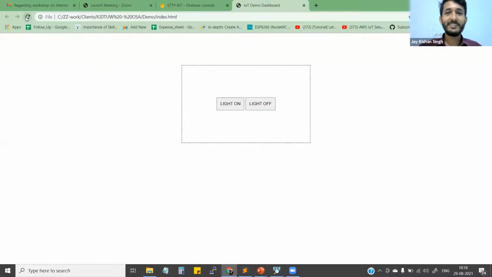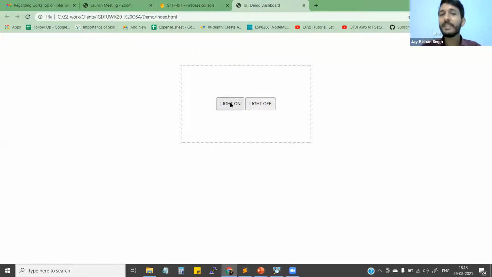Okay, so here we have these two buttons. The first one is light on and the second one is light off. So this is a very basic dashboard we just built. Again, if you know CSS and you're good at it, you can customize further and change the background color and all those things. Right now I'm pressing this light on and nothing's happening, and I'm pressing this light off. Yes, the LED is in front of me, nothing's changing.